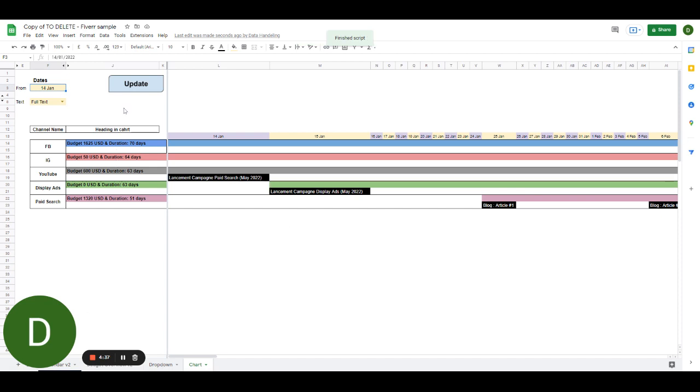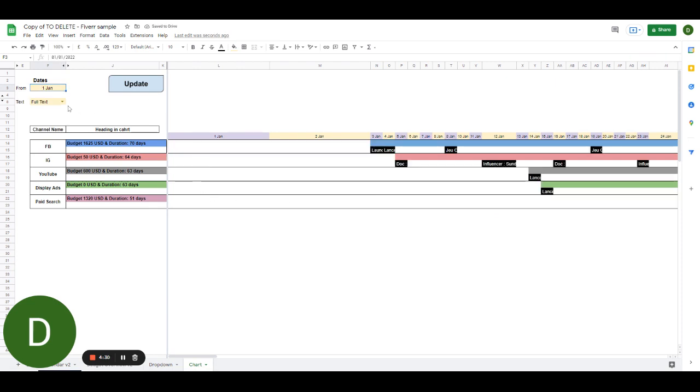Okay, so here is another option. Let me start it from January 1st, so that we can see all the values. There is another option. Currently you can see it's a small text. If you want to increase the text length, you can choose either 10 characters or full text. Let me check. Click select the full text first